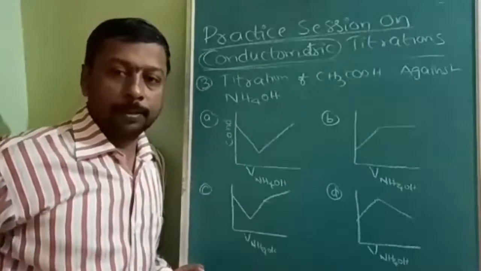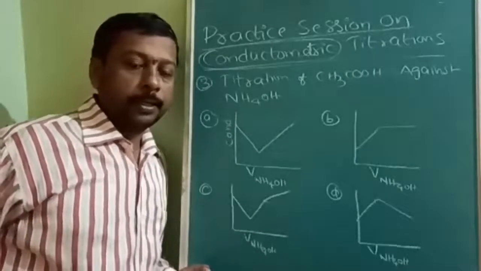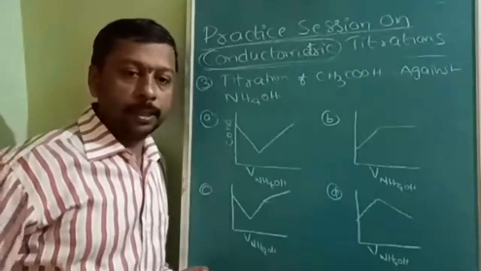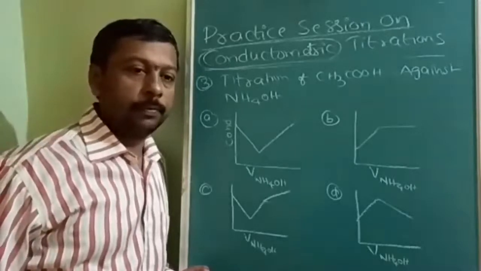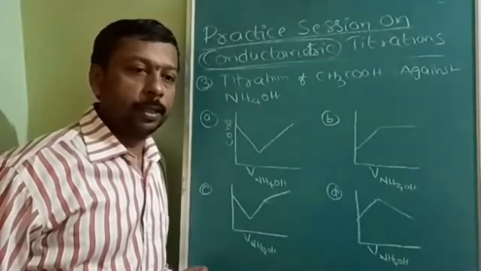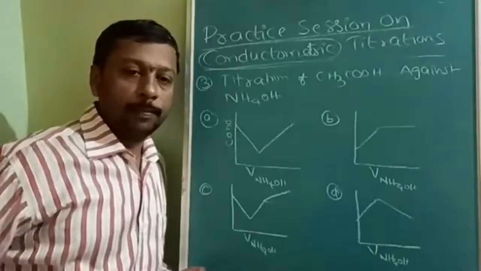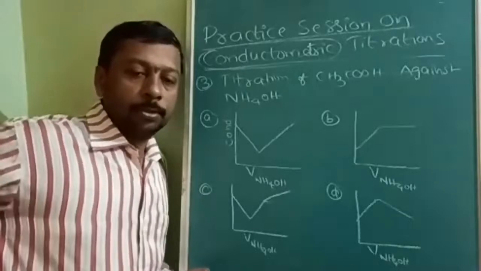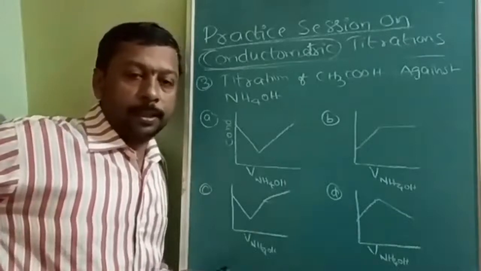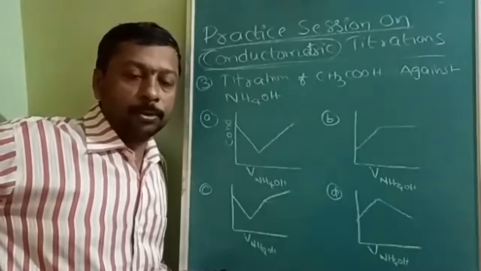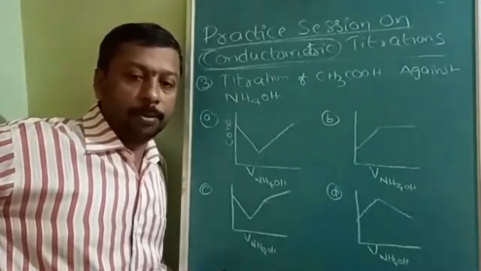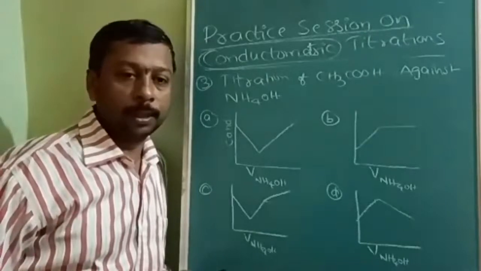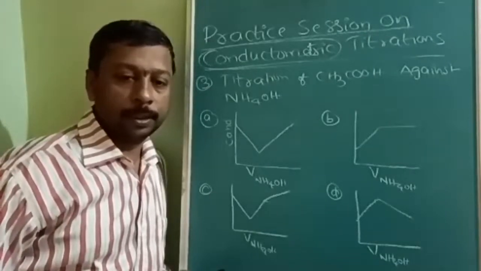Okay, here is the question of titration of acetic acid. That means acetic acid is inside the container, the conical flask, and the burette will contain NH4OH. So start from acetic acid, then end up with salt, then ammonium hydroxide. Accordingly, you should confirm the graph. Okay, is it understood?